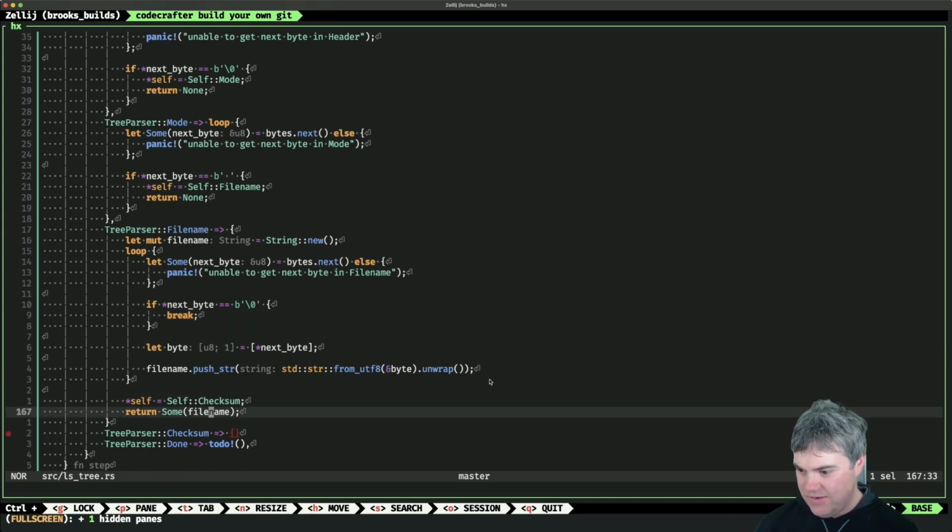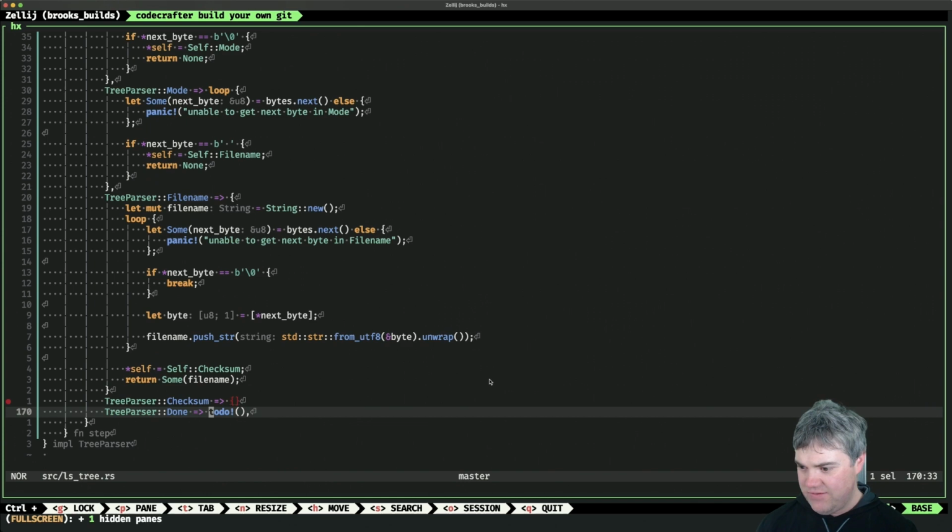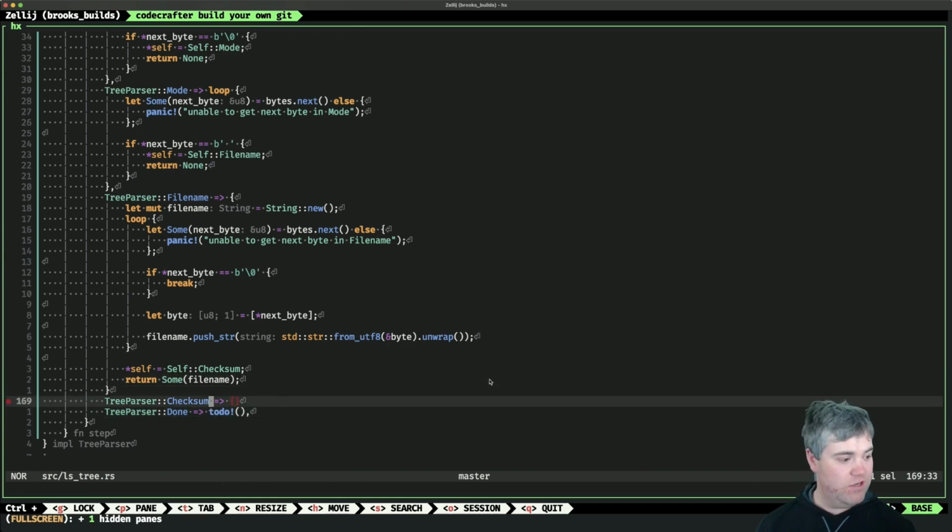Okay, we get that. Return some checked file name. Okay, we're good to go. So if we're in checksum mode, we're just going to skip 20, right? So for that in 0 to 20, then we do